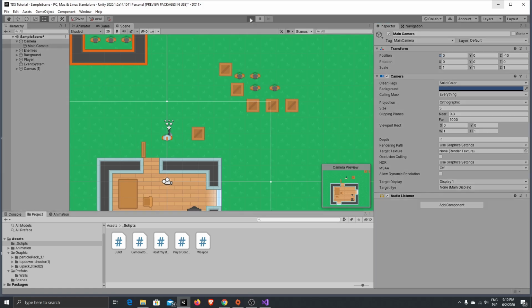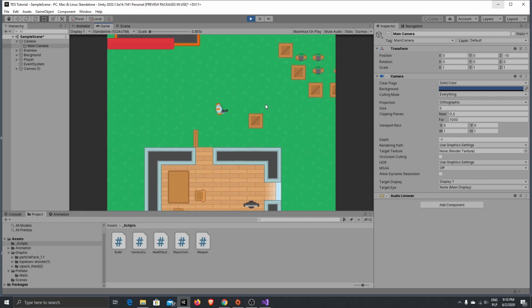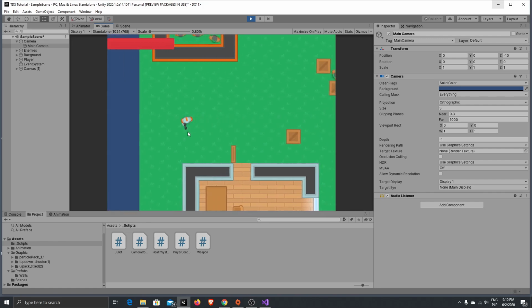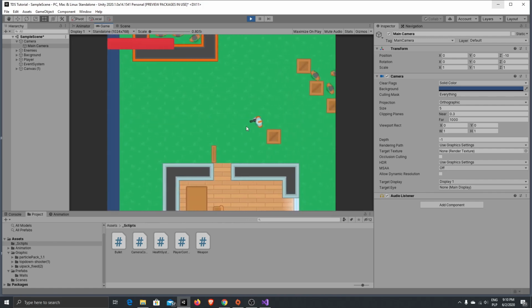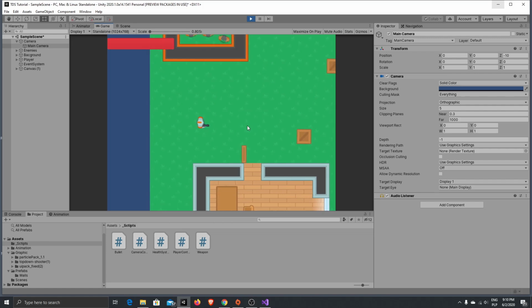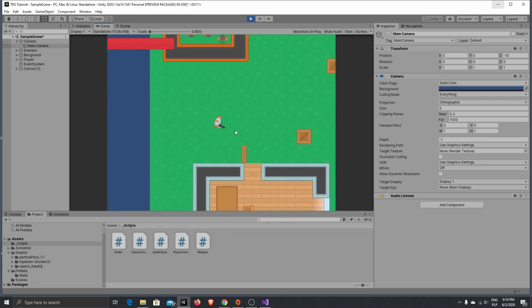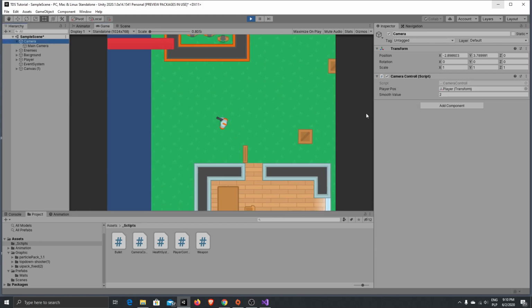Okay, so now you can see how smooth the camera moves after our player. And you see that it shakes. I hope you can see it on the video. And you can, okay. So to fix that shake on our player,